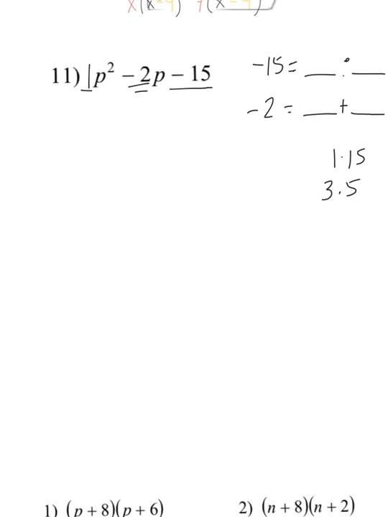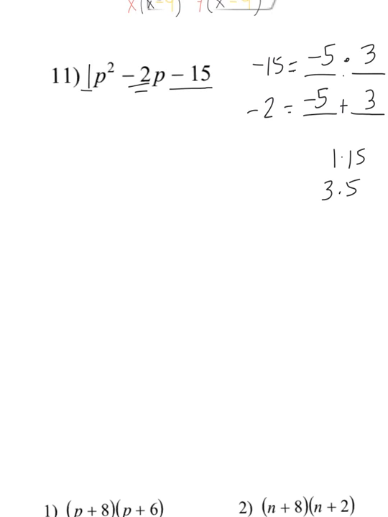So we would get negative 5 and positive 3. That would give us a negative 2, and it also has to work for multiplication. So if we did negative 5 and positive 3, would that also give you negative 15? Yep. So we're going to rewrite this trinomial as an expanded polynomial with 4 terms,